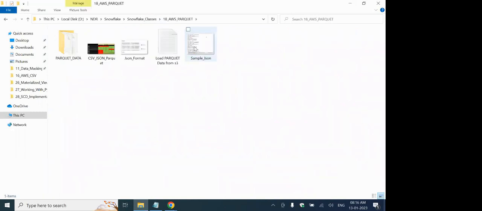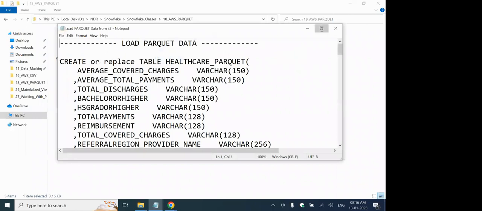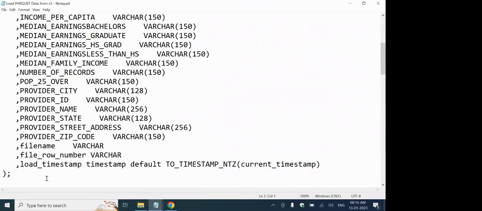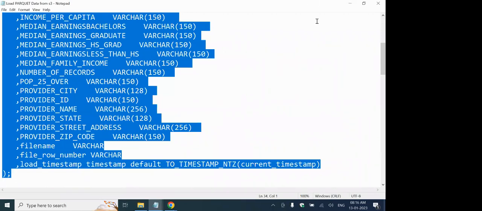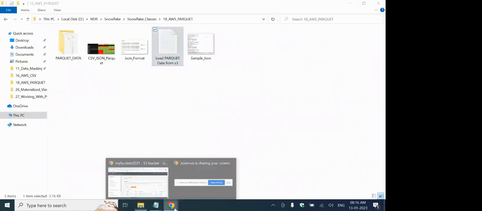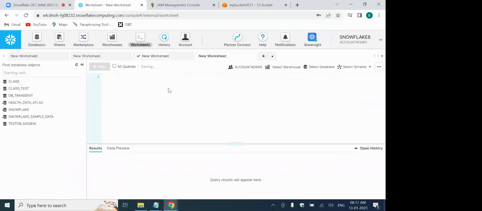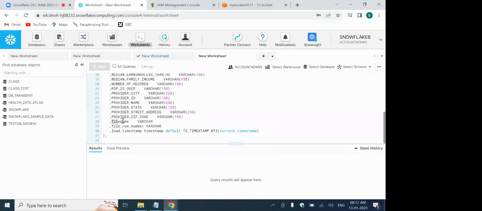Let's come to the Parquet. So this is the data. Let's create a table structure first based on our data. Here, if you observe, we have two files. If you want to know which file the data has been loaded from, we are going to create file name